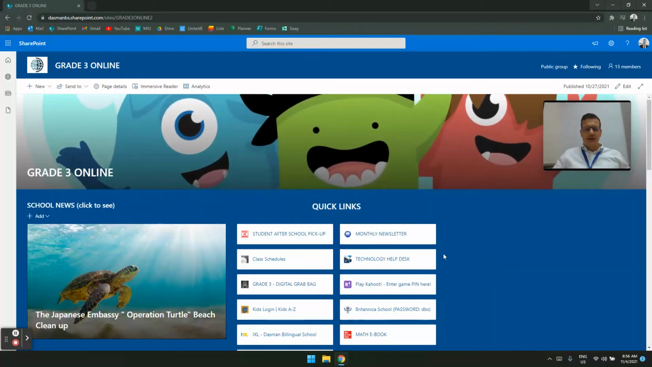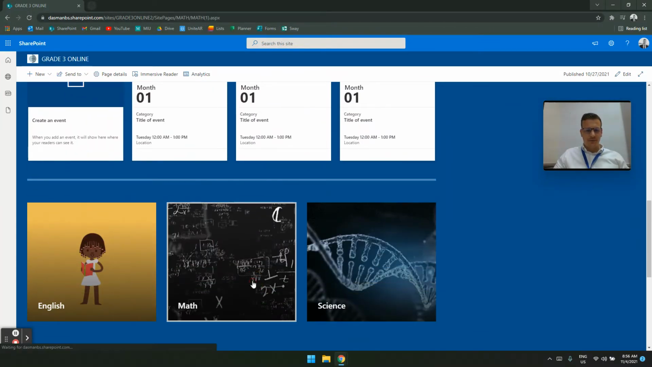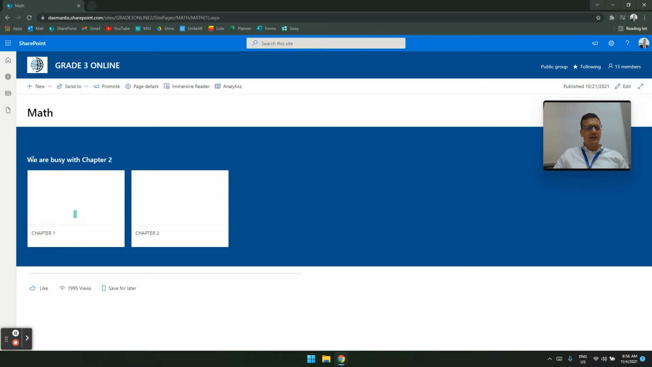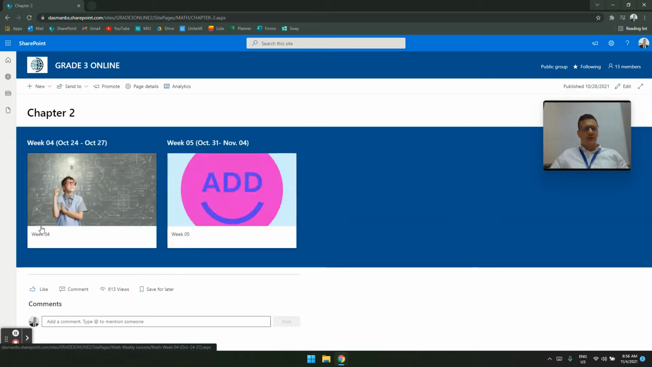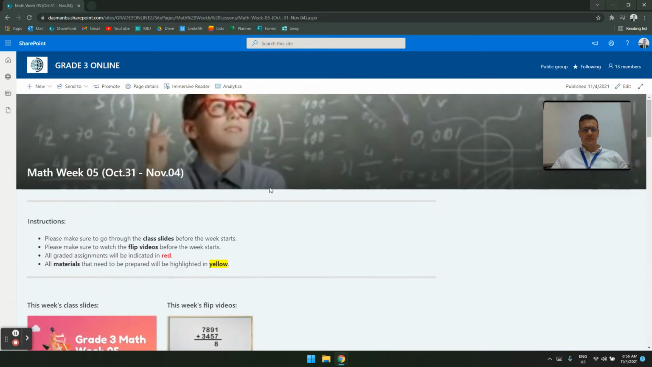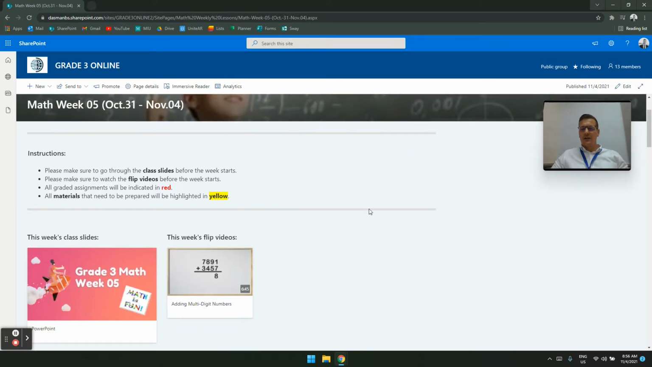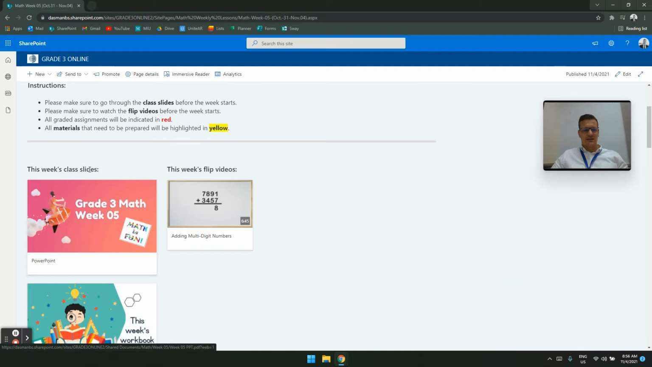Okay, parents, for mathematics, it will indicate on top, first of all, which chapter we are busy with. So we are busy with chapter 2. For some grade levels, chapter 3 will start a bit later, but it will tell you at the top. If it doesn't say anything, only one chapter will be available. So within the chapter, you will find the weeks, and then again, the page will start with the class slides,